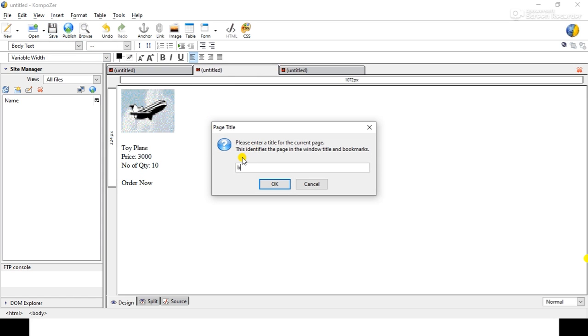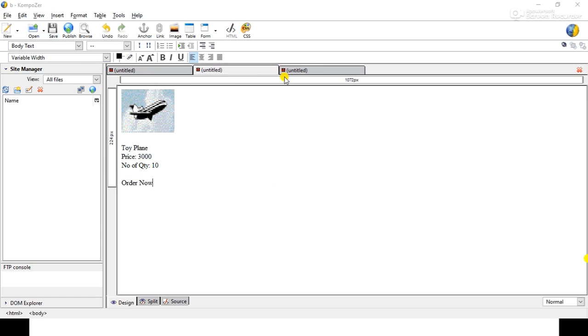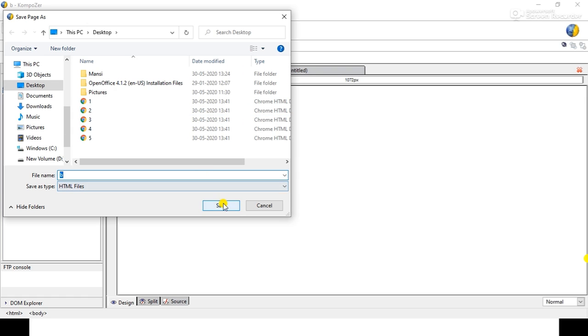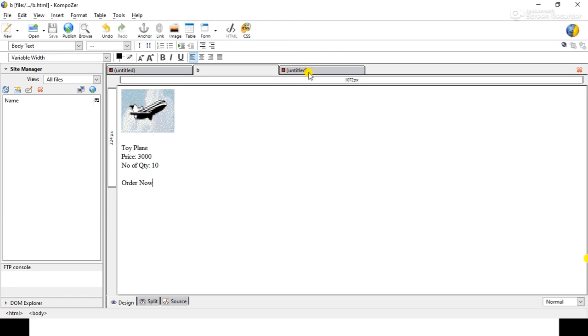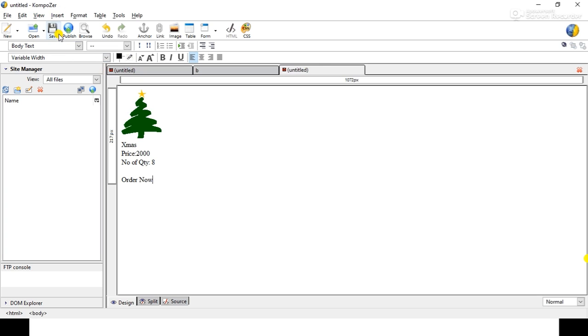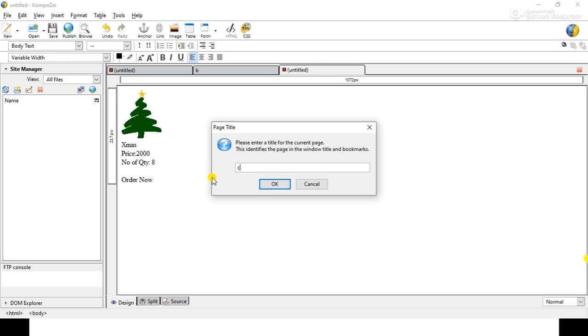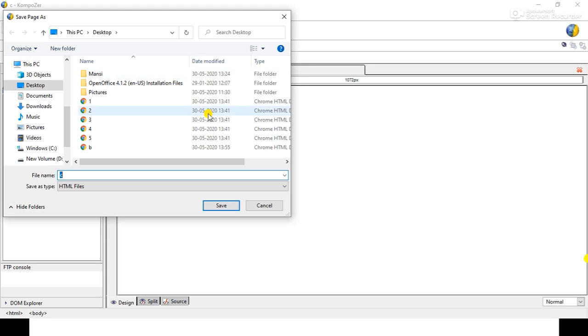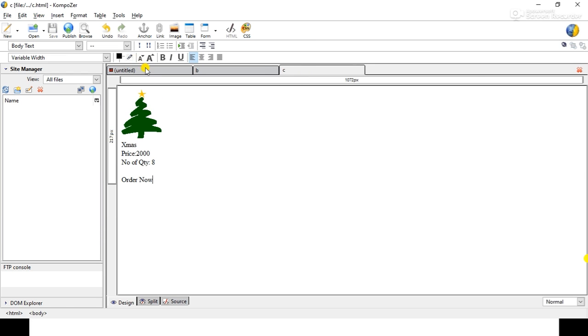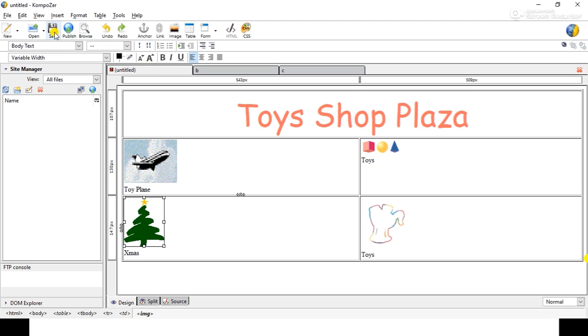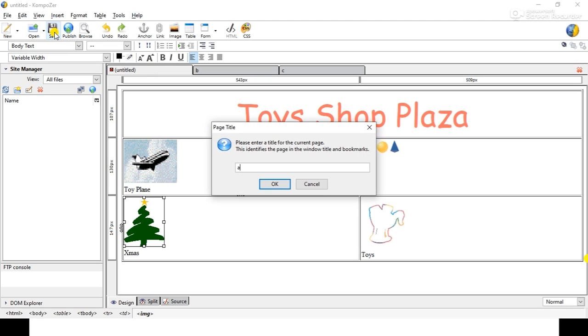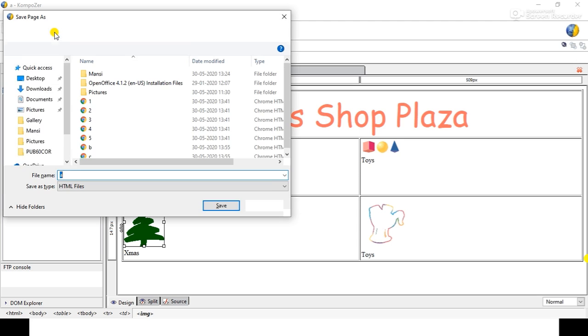Now we will give B, OK to this second page and save it on the desktop. Now the third, save, we will give the C and OK. First page we will give as A, so save it and give the name A on the desktop.